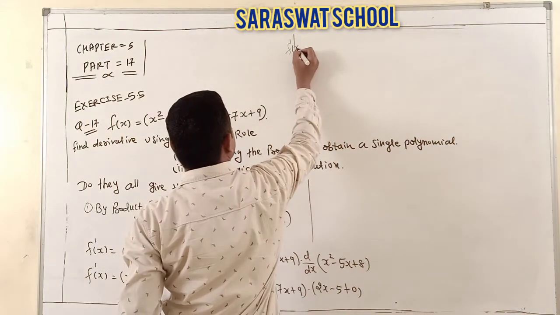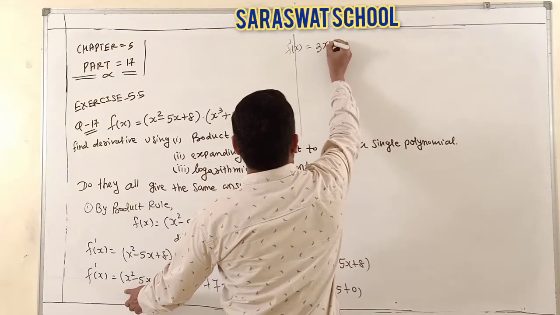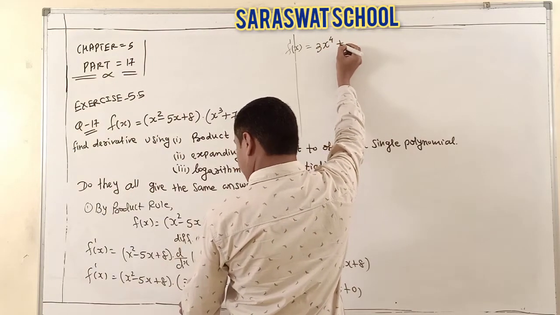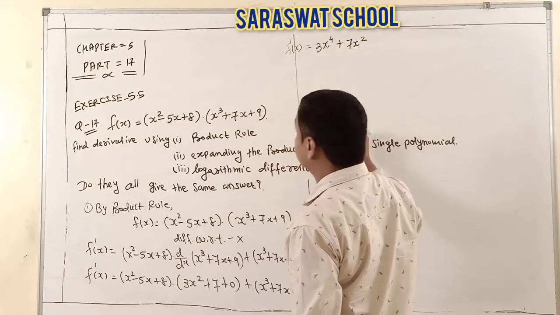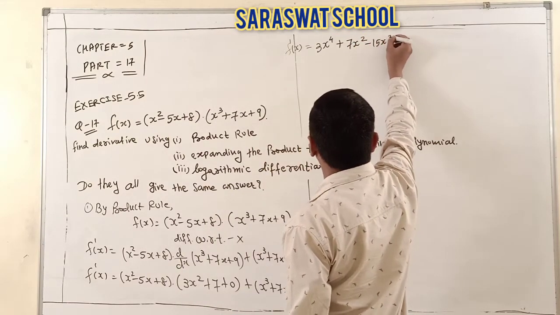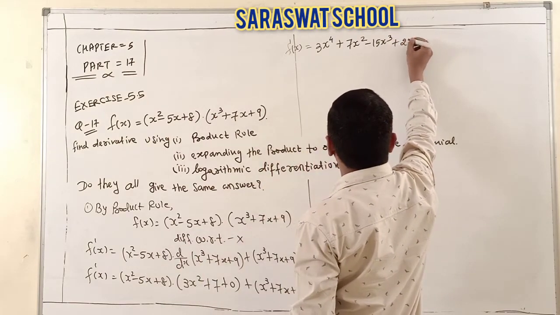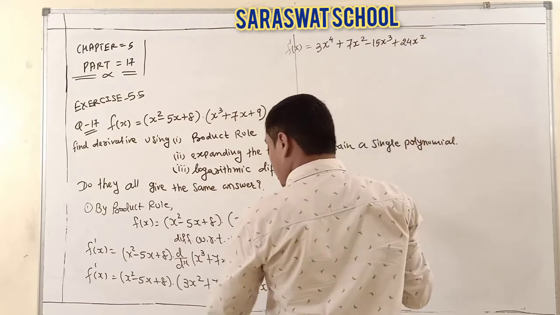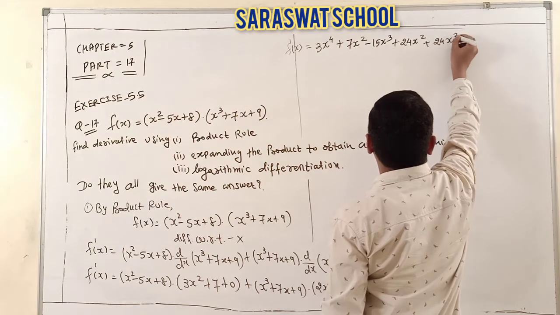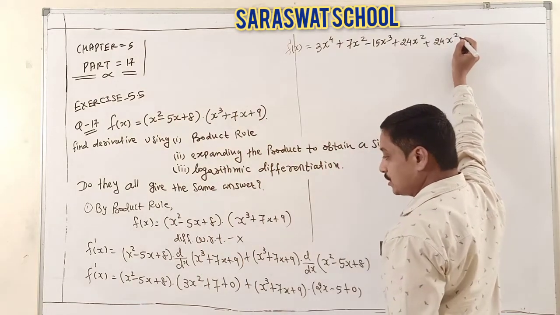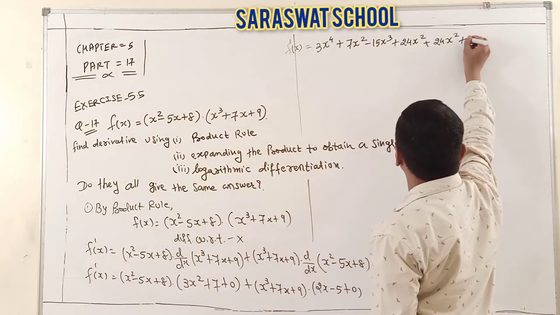So what do you get with respect to x? First of all, x square multiplied by the total: 3x raised to 4 plus 7x square. Now minus 5 times 3 is 15. 2 and 1 it is 3. And 8 times 3 is 24x square. Now the last term for 8, 8 times 3 is 24x square. Next, 8 times 3 is 24x square and 8 times 7 is 56.